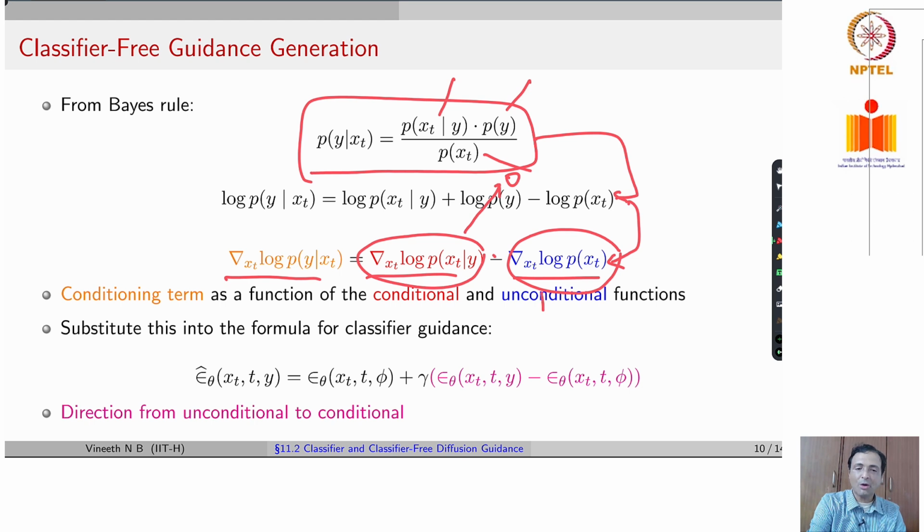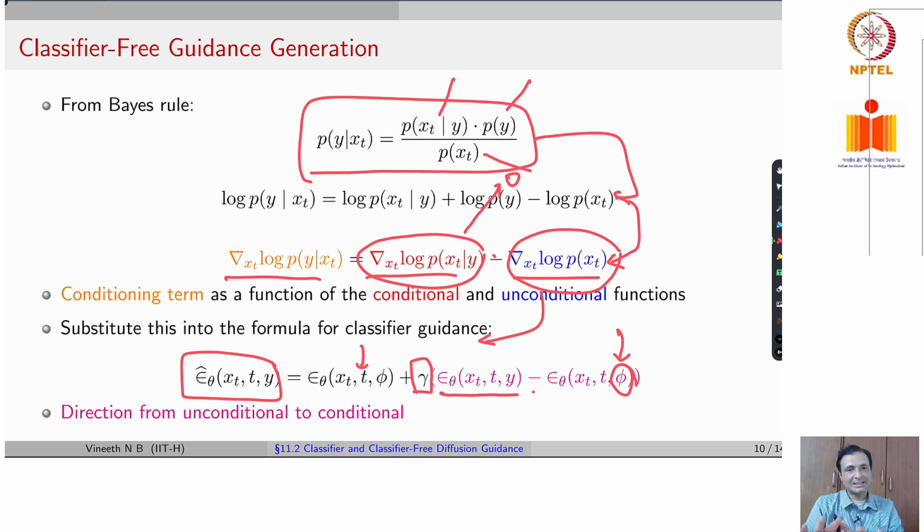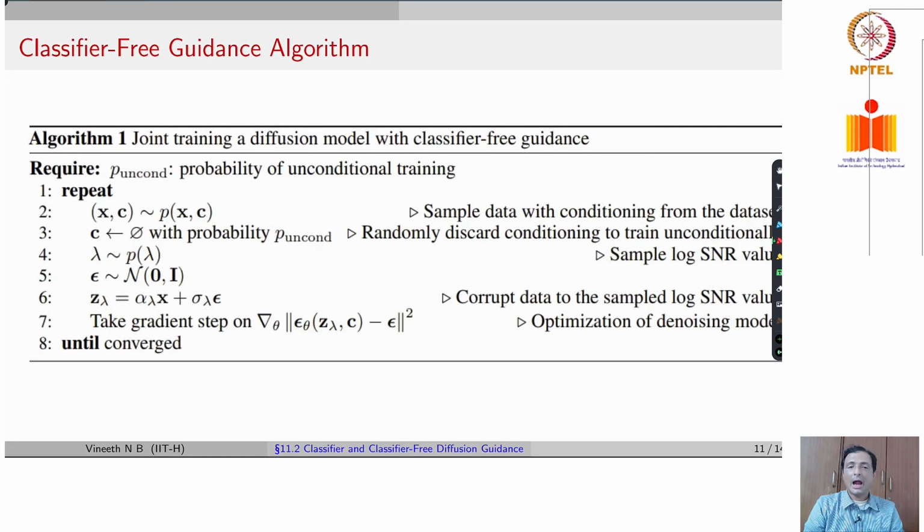So when you substitute this formula for classifier guidance, you have your new noise vector that's predicted by the DDPM to be the old noise vector plus gamma, which is your guidance scale, times epsilon theta with respect to y minus epsilon theta with respect to phi, where there is no y. Okay. So you could assume that phi is like one class label which says absence of any label. And this now teaches the model to go from unconditional to conditional,